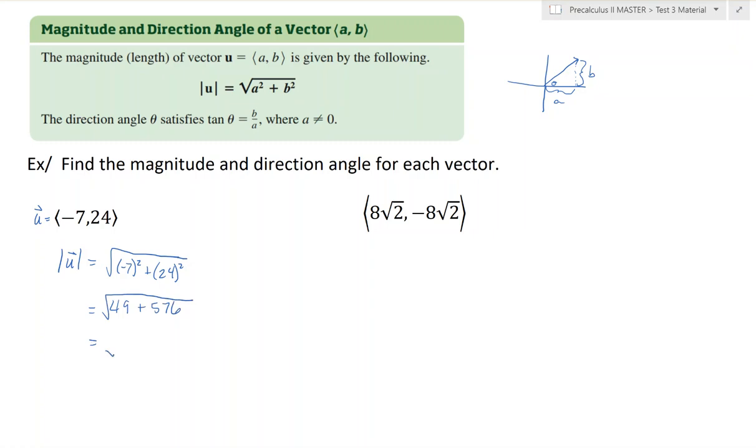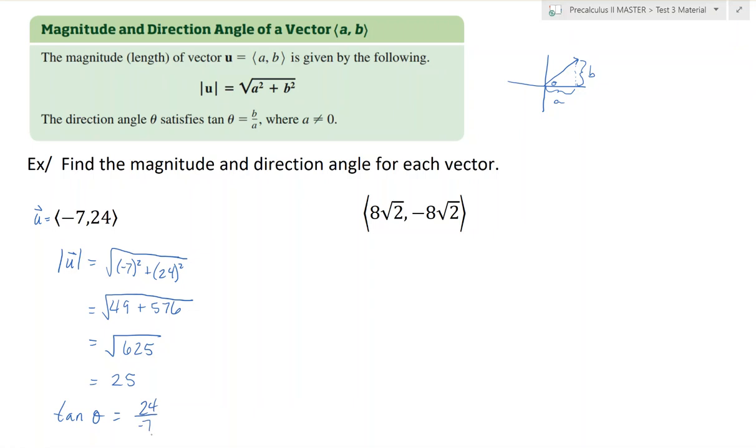That's going to give me the square root of 625, which is 25. So we have a magnitude of 25 for this vector. And the tangent of theta is equal to the vertical component over the horizontal component, and we'll use our inverse tangent